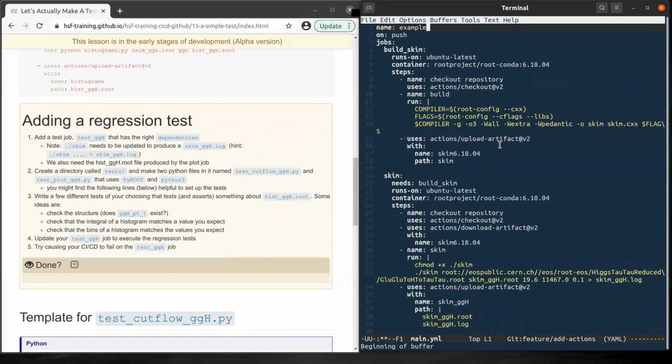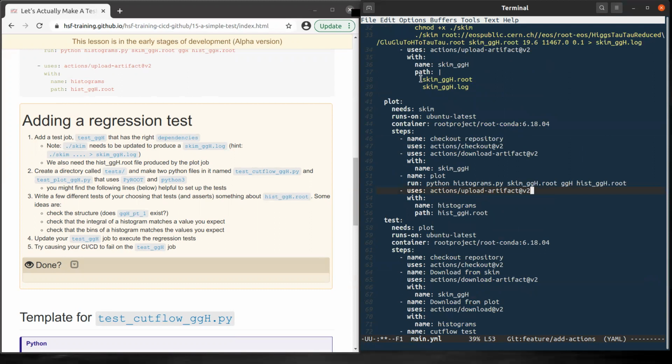Okay, so what do we have now? So we have the build skim that will compile the C++ code to have this executable, which will be used to skim data, as you can see here. So we will now direct the output in this log file, and then we need to put these two files as artifact.